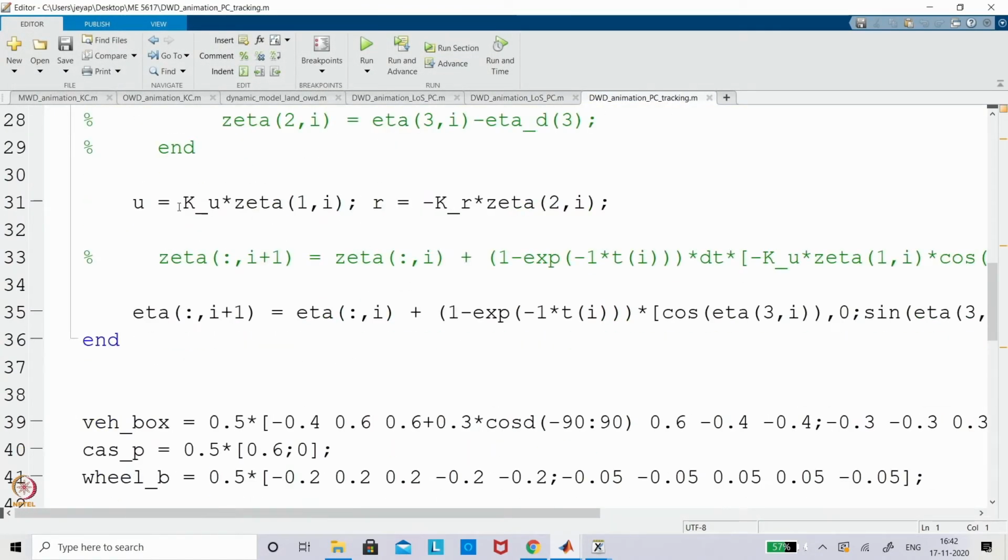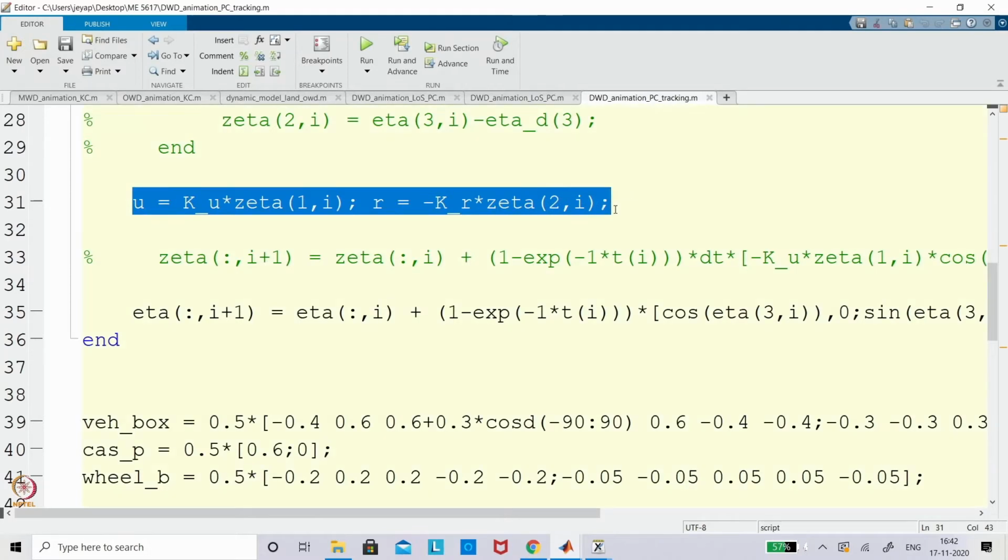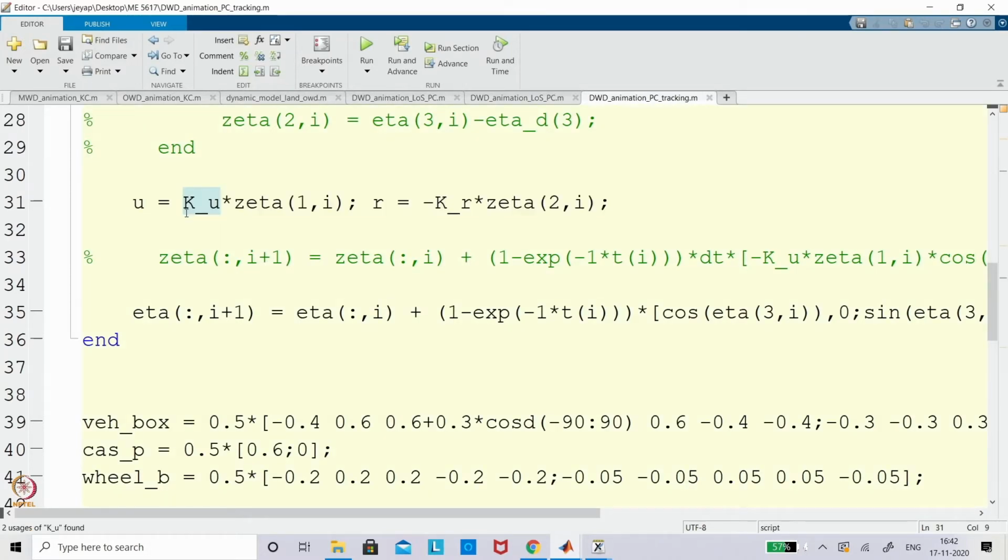Now you can see that this is what we have given, right? The only thing here is that the sign is interchanged, the KU sign. Why is it so? Because you want to reduce it. Now the error is rho, and you are trying to reduce the error. So in the sense you have to rewrite the entire equation in the other form. Then the KU would be positive.